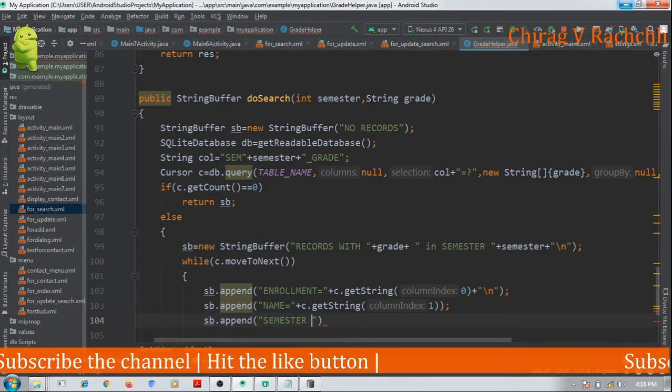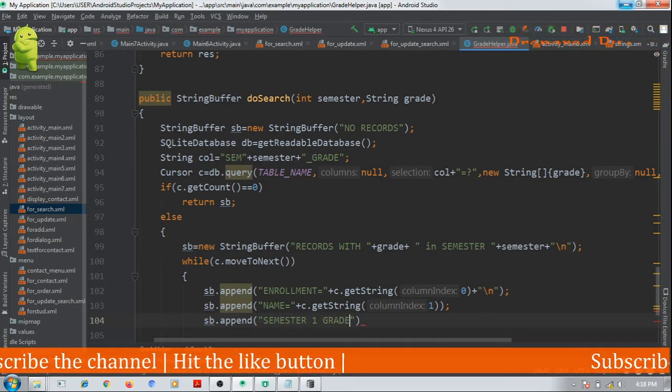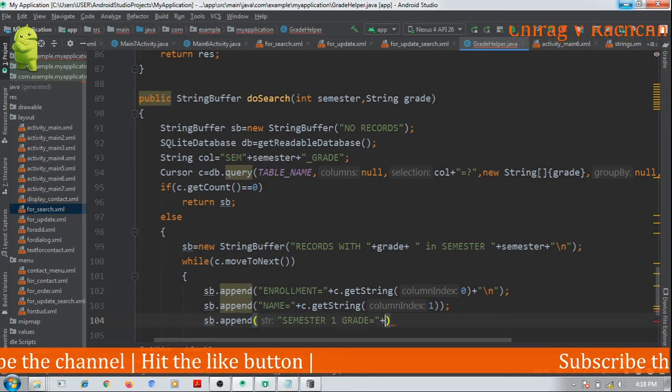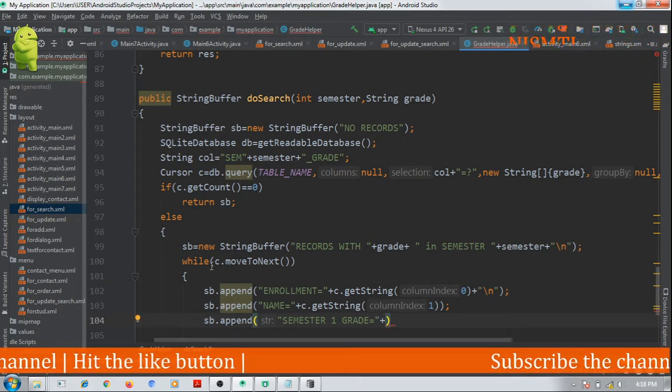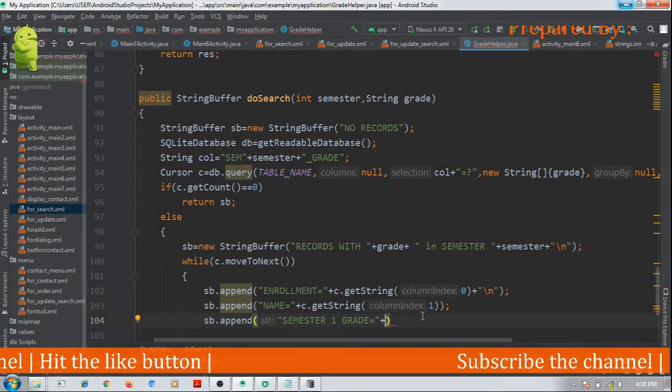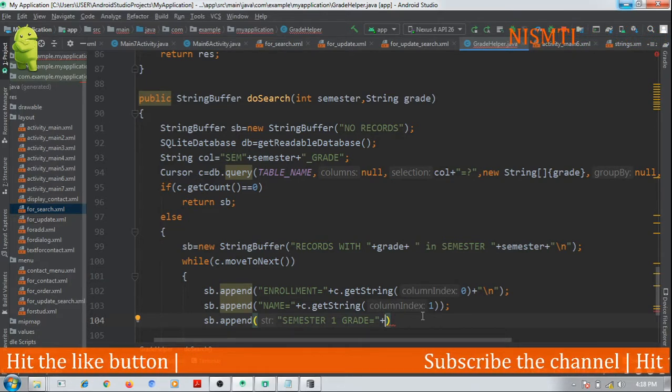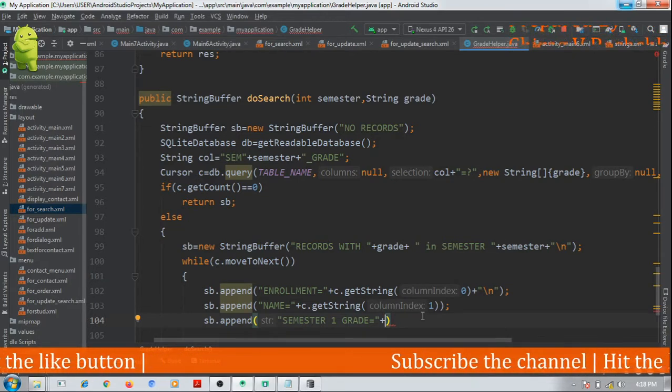semester 1 grade equal to. It is not necessary to show grades of all the subjects or all the semesters, only the semester for which he has searched we can show that grade.